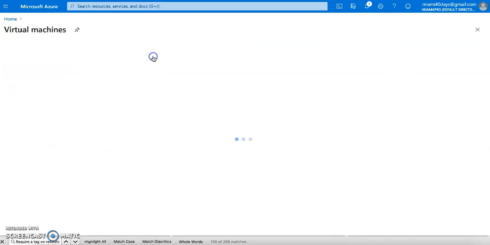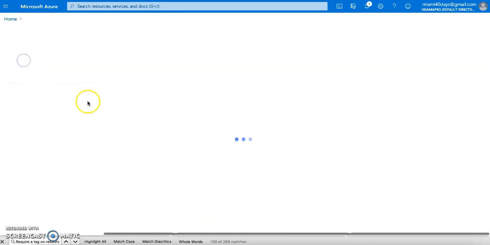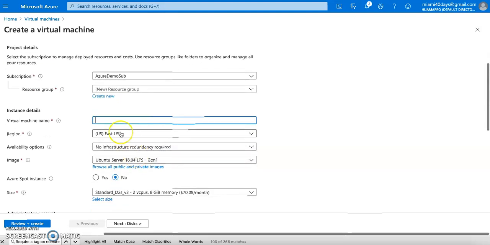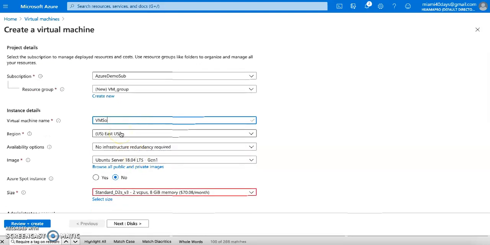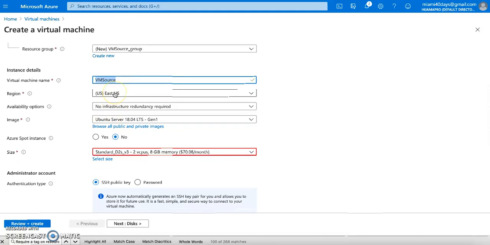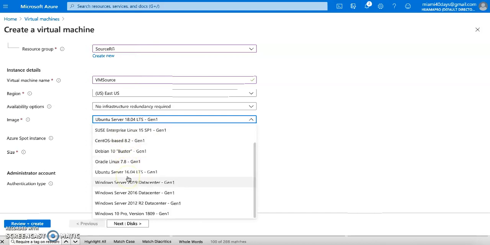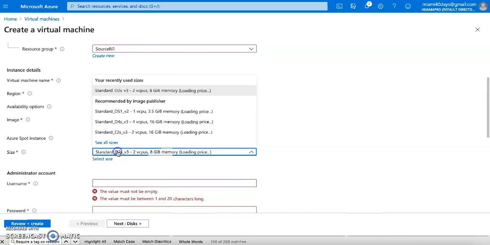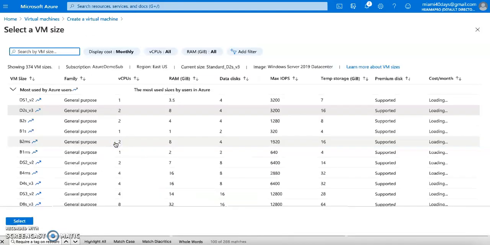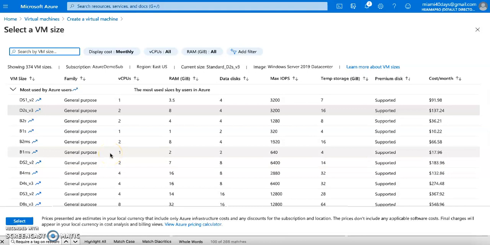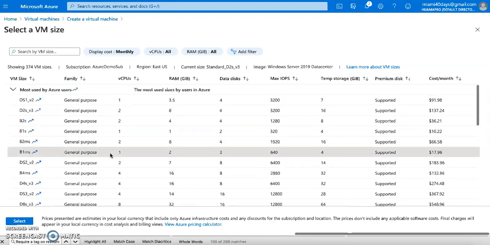So now I will create a virtual machine. This virtual machine I will create in the source resource group. So I will name it VM source, and this VM source is in the East US region, and the resource group is the source resource group. And let me select Windows Server. I can change the size also here, so let's go and change the size. I will take a very minimal size where I can be charged less. So this is 1 core and 2 GB RAM. This sounds good. So let me select this,